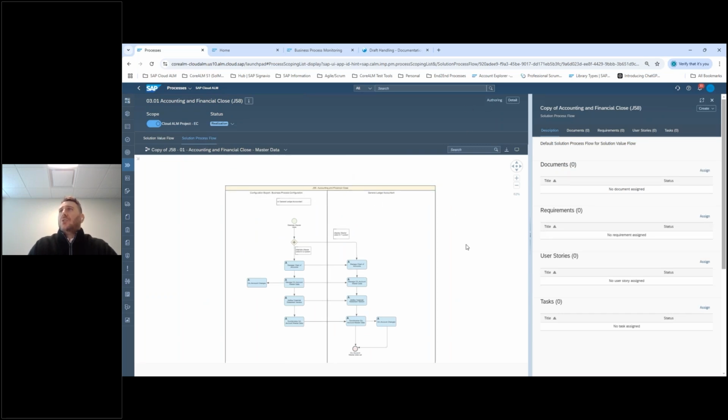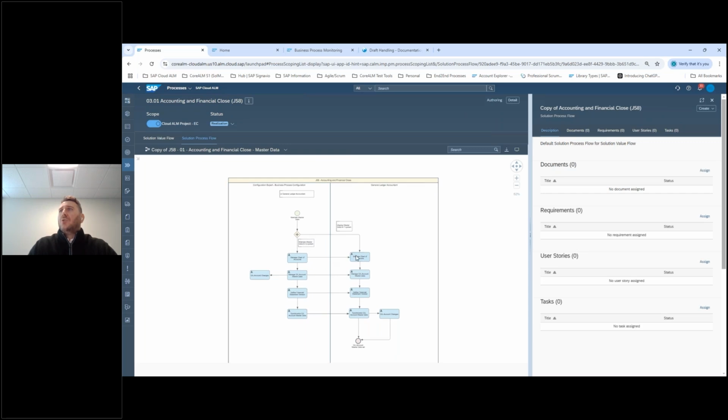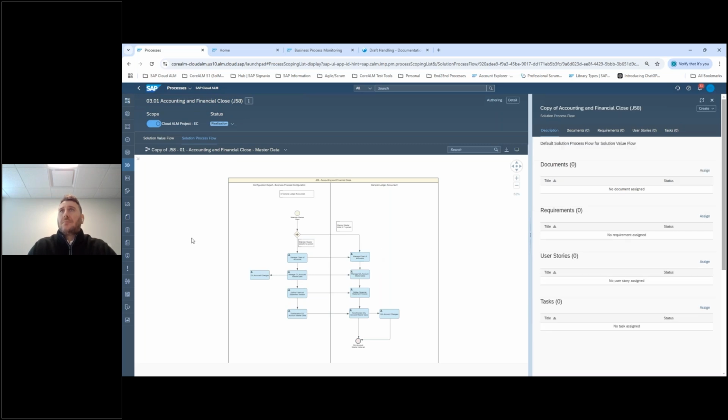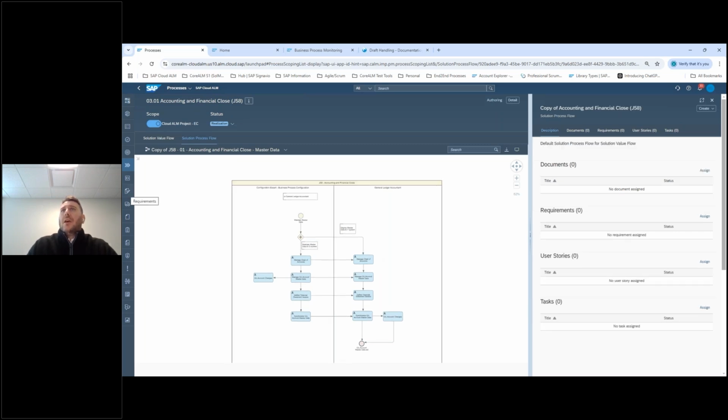And then of course, as I mentioned earlier, you also have all of the diagrams as well, and the process authoring tool does allow you to tailor those diagrams as you are designing your to-be processes. If there are requirements that need to be captured as part of those activities, as part of this level 4, then this is where you can do that as well. So you can create additional requirements as you're going through your fit to standard workshops. Then as you are wrapping up from design, moving into build,